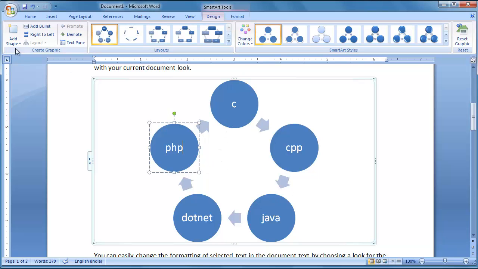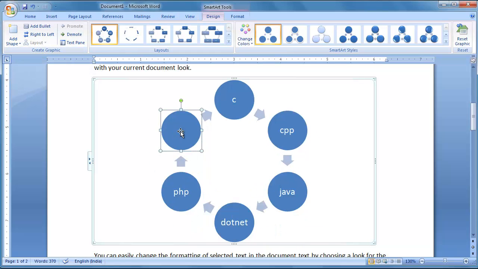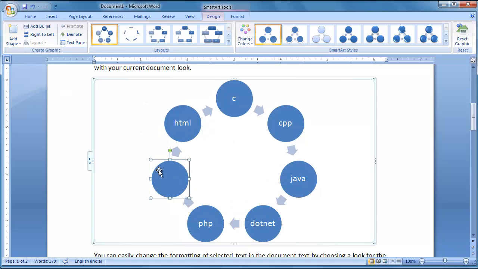To add another shape, you click on Add Shape. We are in this shape. If you want to add the shape after, we have to give Add Shape After. If you want to add a shape before this shape, we have to use Add Shape Before.